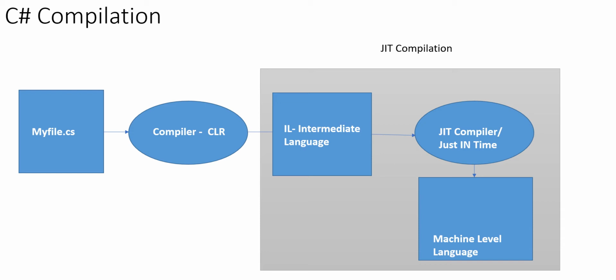Also, a very important question is whether you are able to view the intermediate language or not. You can view your C# source file, or C, C++, Java, whatever it may be. We can view all the source files. But the intermediate language which is generated from this C# program, can we view it or not? Yes, absolutely, we can view the intermediate language. Let us start with the demo.